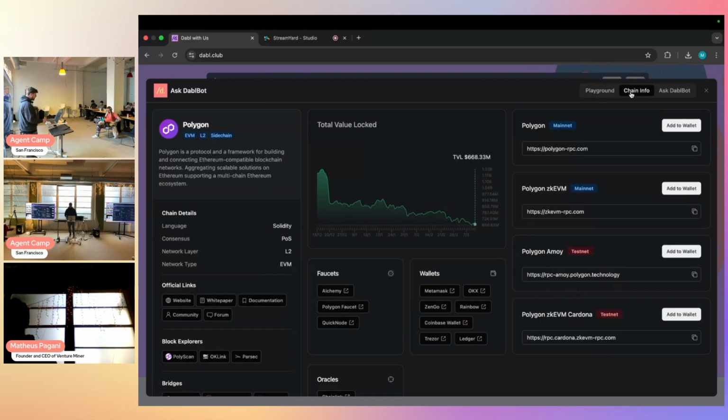So if you're following along, the first place you want to start off with is this chain info tab. Really, the only prerequisite for doing this is having some sort of Web3 wallet. So something like a MetaMask, a Rabby, a Zerion, whatever your preferred wallet provider. That's the only thing that you need to start with.